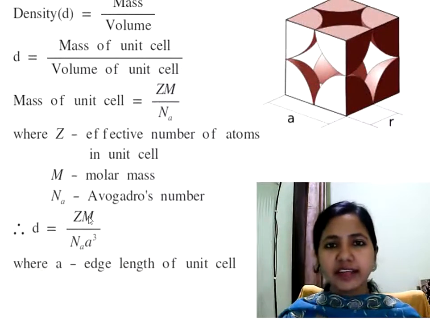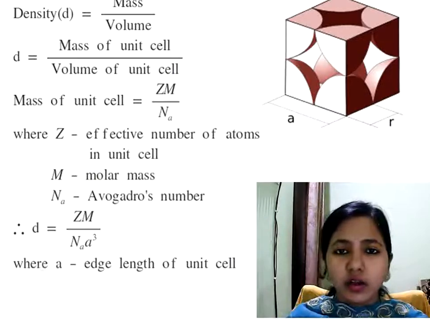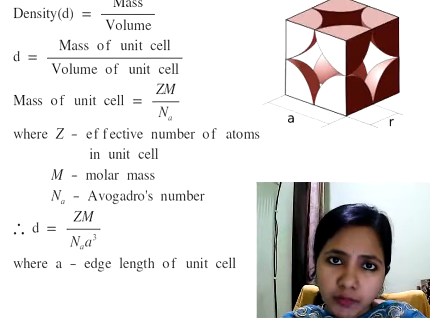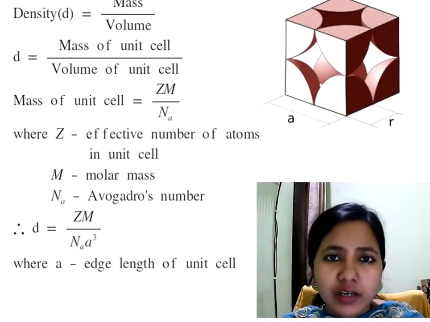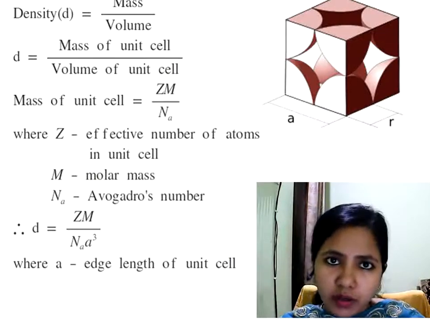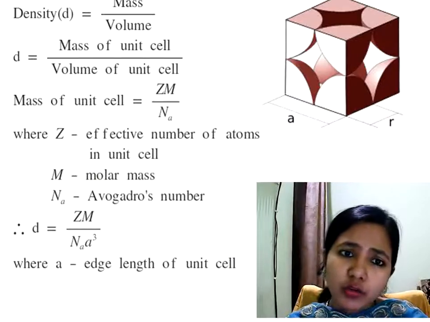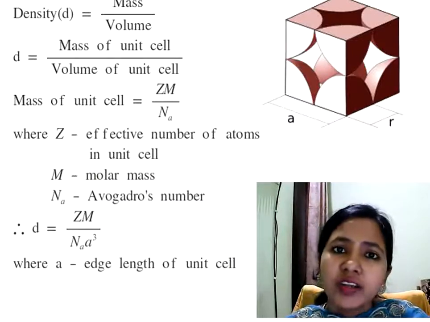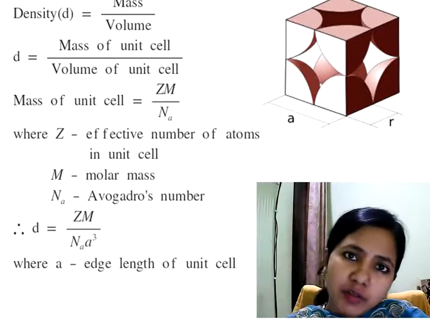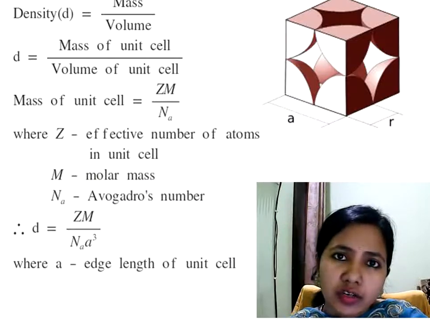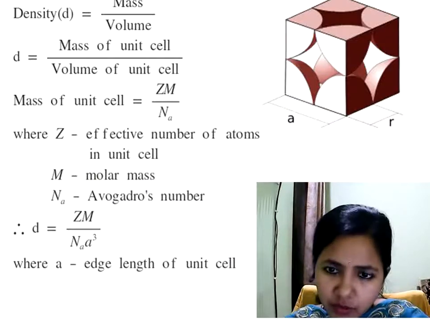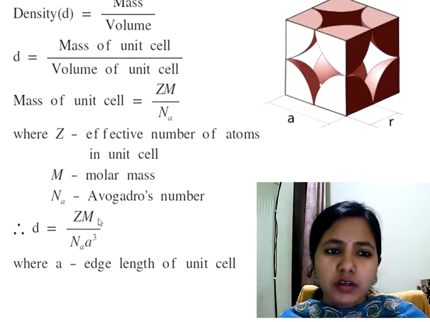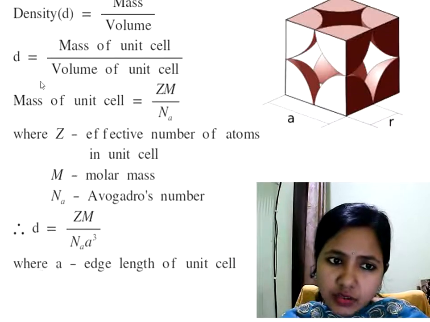Okay, the next is the density of the unit cell. Students, this is one of the most important topics, because you will get many numericals from it. Every time in the board exam, they ask at least one numerical from this topic. They will give you questions like finding the edge length, the volume, and the density. The rest of the values will be given to you, and they will ask you to find the edge length, volume and density of a unit cell. You can do this by knowing this relation. Now first see the density of a unit cell.